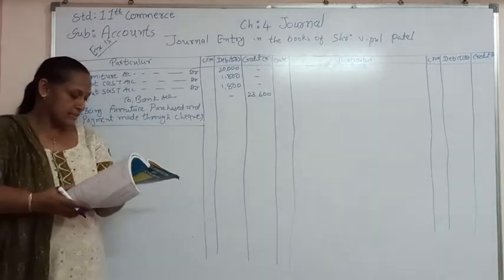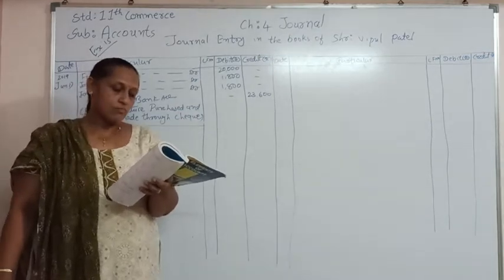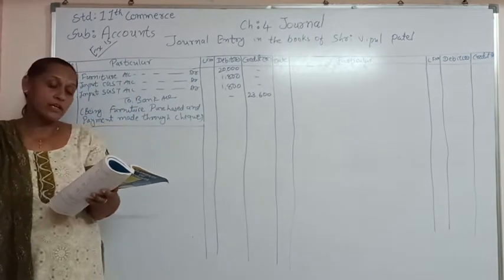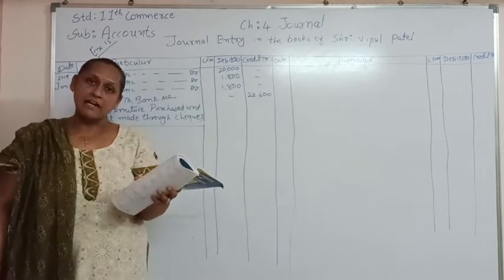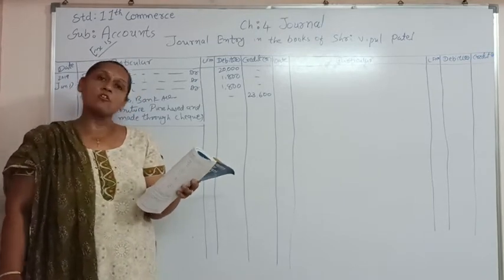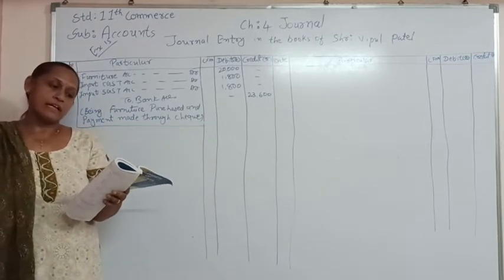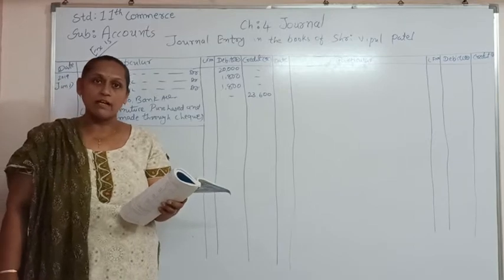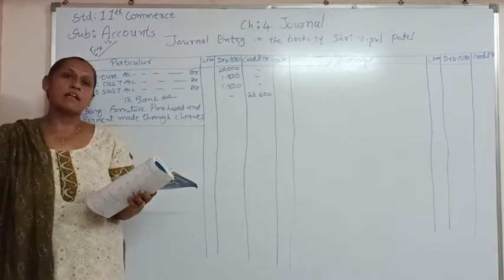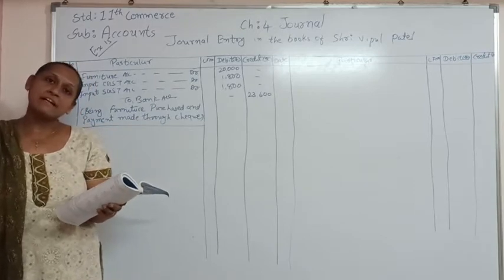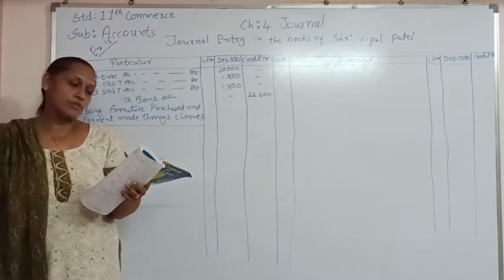Now let's see the second. Computer of rupees 30,000 purchased from James Computer of Jamnagar. So here we have purchased the computer and that is also from inside Gujarat. So for that also we are going to pay input CGST and input SGST. So computer account debit, input CGST account debit, input SGST account debit, to. Here it is a credit transaction, so we are going to credit James Computer.